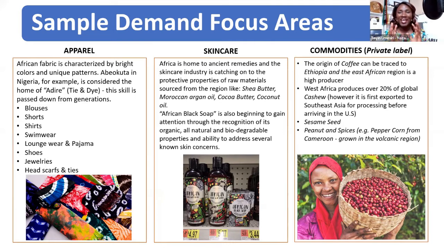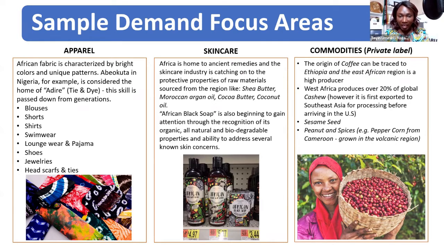Another growth space, and again, the reason we did this focus area is based on research in retail, because sometimes people say, Toyin, what are they demanding in the US? And then when I go to the buyers, they say, what is Africa wanting to sell? I'm like, is it the chicken or the egg? So that's why we did this work, because both sides were like, Toyin, we can source anything, what are they demanding? Then the buyer will say, it's not about what we're demanding, it's about what they have. So this is how we've now closed that gap to say, go after the 3 spaces and you will win.